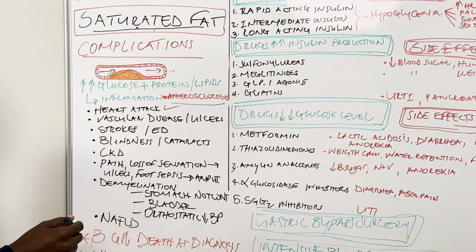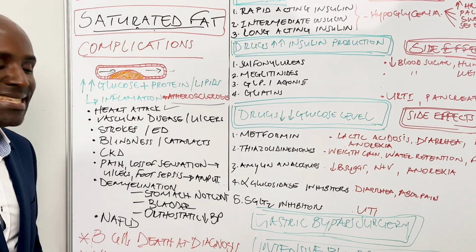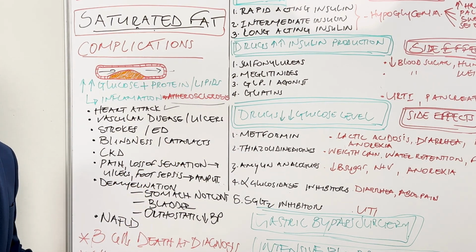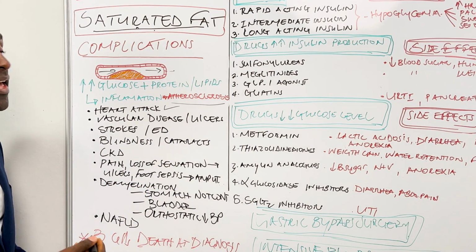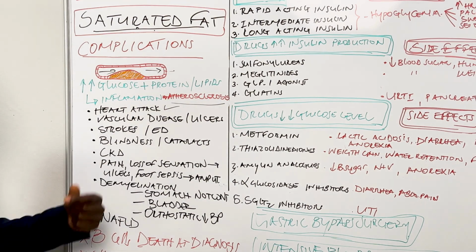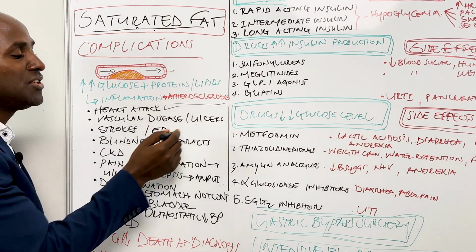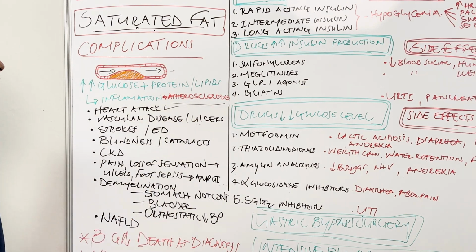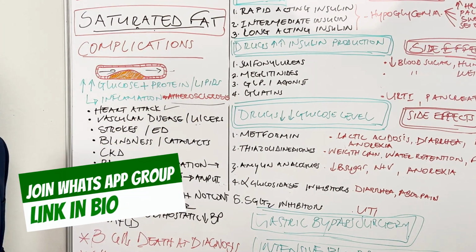Another thing that may happen is that your vessels start getting diseased, and then you have what we call vascular disease. Your blood supply to the distal parts of the body is affected. Then you may injure easily, and the ulcers and injuries may not heal. Another thing that happens with atherosclerosis, you've heard of